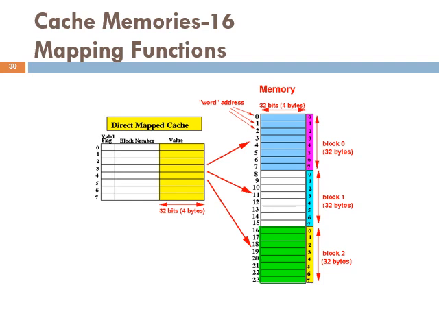As execution proceeds, the 7-bit cache block field of each address generated by the processor points to a particular block location in the cache. The higher order 5 bits of the address are compared with the tag bits associated with the cache location. If they match, then the desired word is in the block of cache. If there is no match, then the block containing the required word must first be read from the main memory and loaded into the cache. The direct mapping technique is easy to implement, but it is not very flexible.